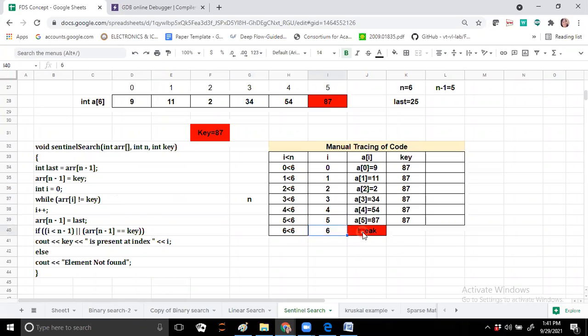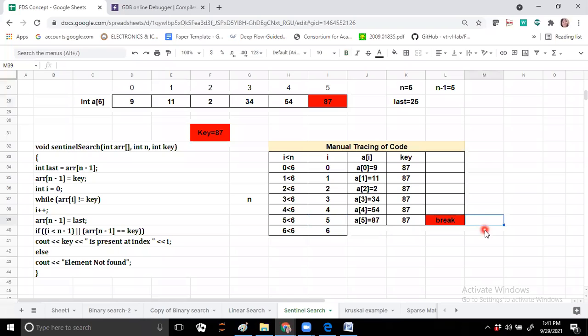Did it break at 6? Did it increment and reach 6? No. Why did it not come here? Because our element is not present here, but at the last element we set the search key 87. So at the fifth position only, 87 equals 87, we match here. So our loop will break at the fifth position.